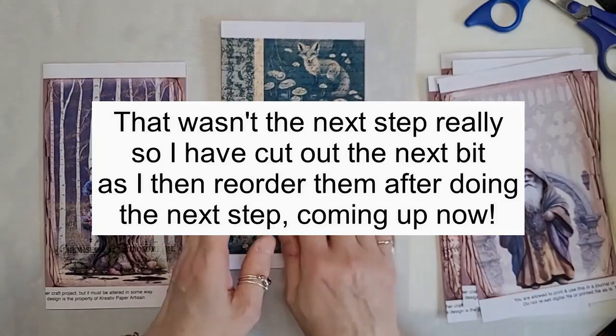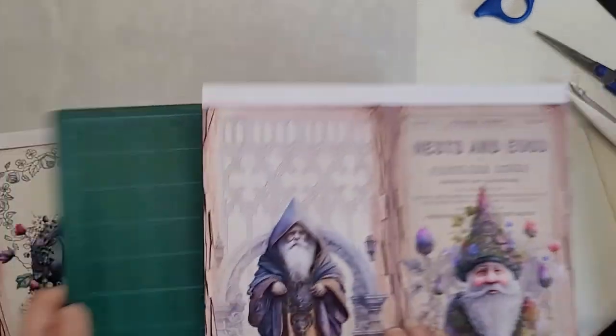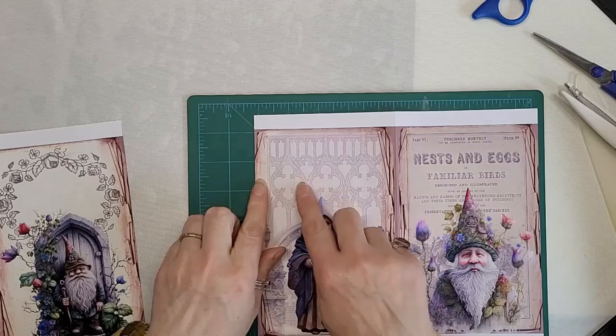and my other papers. You could use something like these scissors. I'm going to do that. Cut again using those scissors, so you've got a kind of deckled edge. And what I'm going to do here is cut these